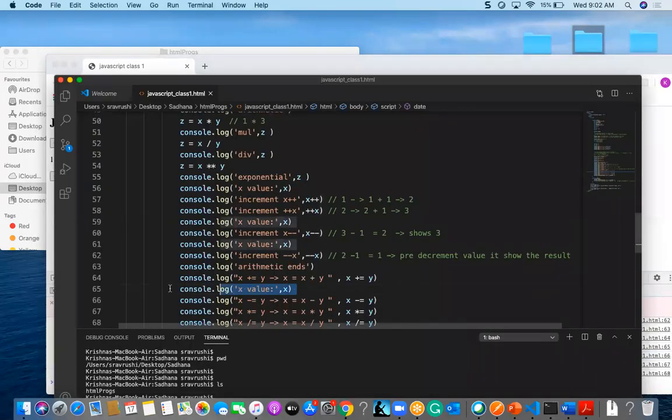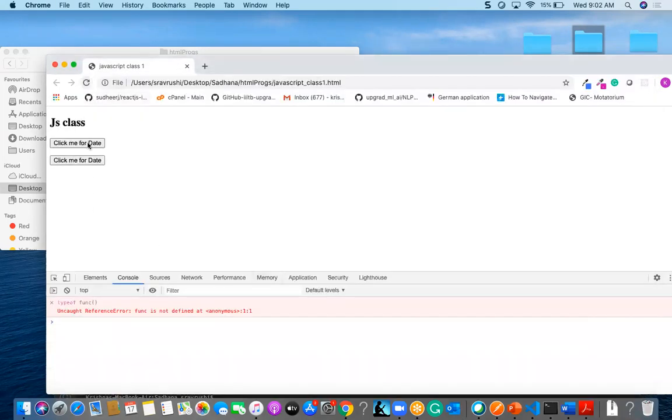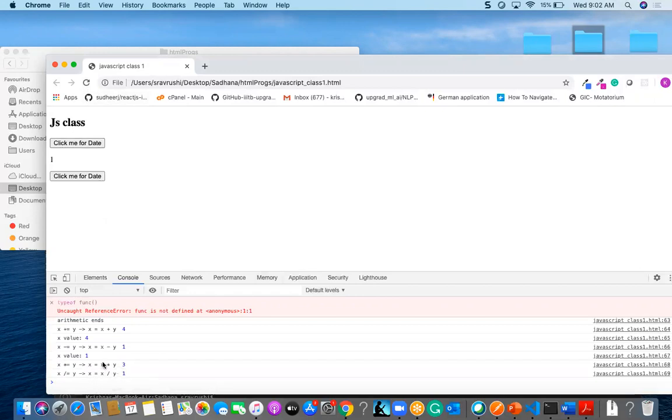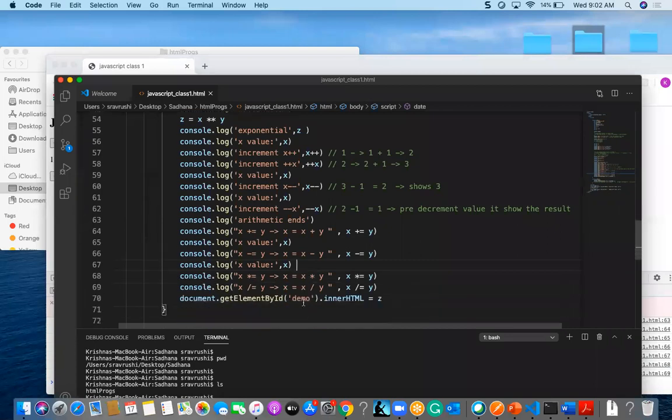And again, checking the x value, it is 1 now. Now 1 into 3, it is 3.